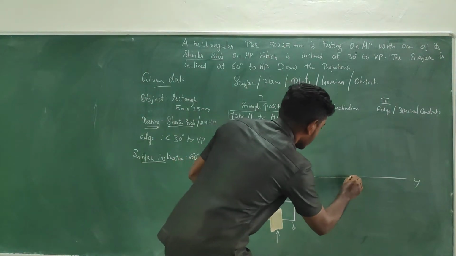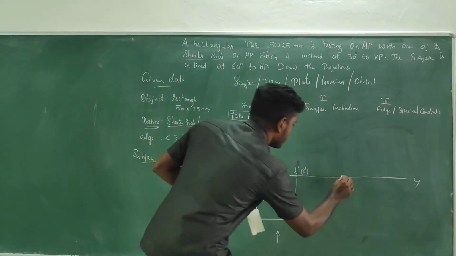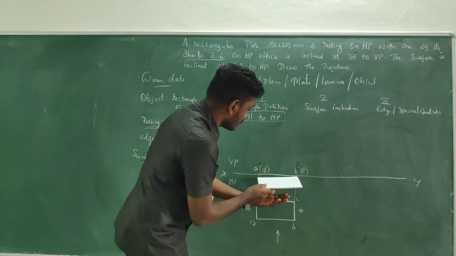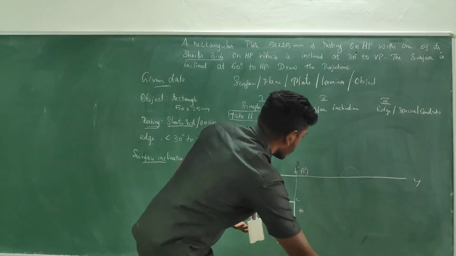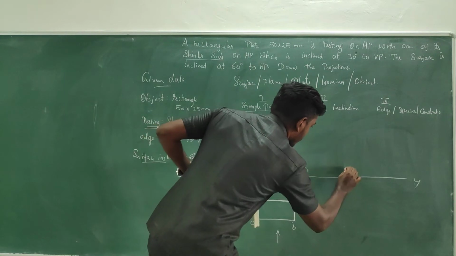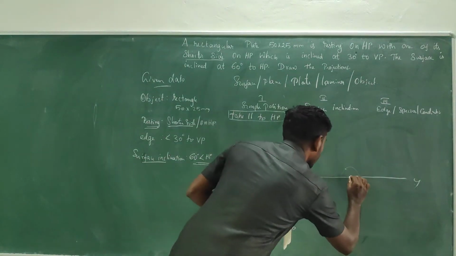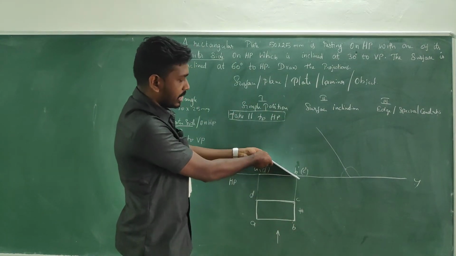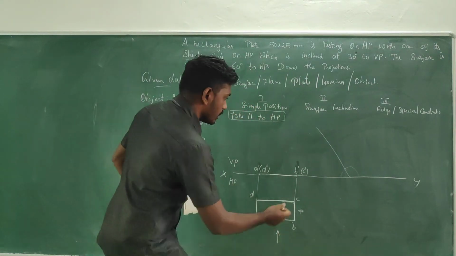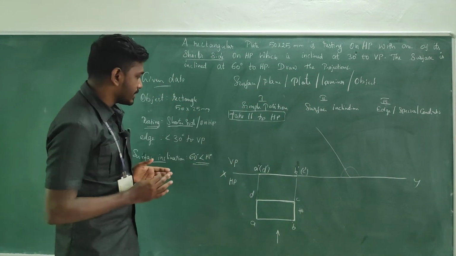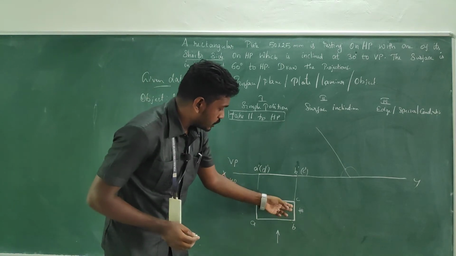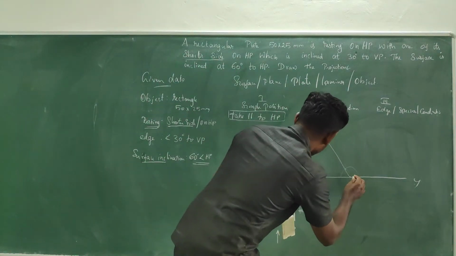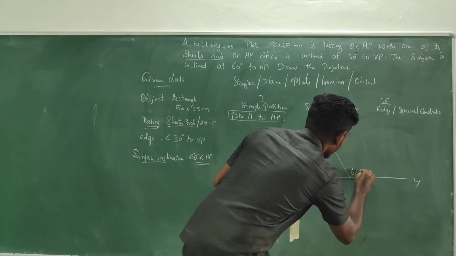So what we are going to do is, by taking the point, I am going to keep the protractor something like this and incline the object. I am going to read 60 degrees. Somewhere here you will get it, and go with the line. Can you see? I have tilted the line. When I tilt the line, the shorter edge on the right will be resting on HP, that is B and C. So I take this point as B1 dash and C1 dash.